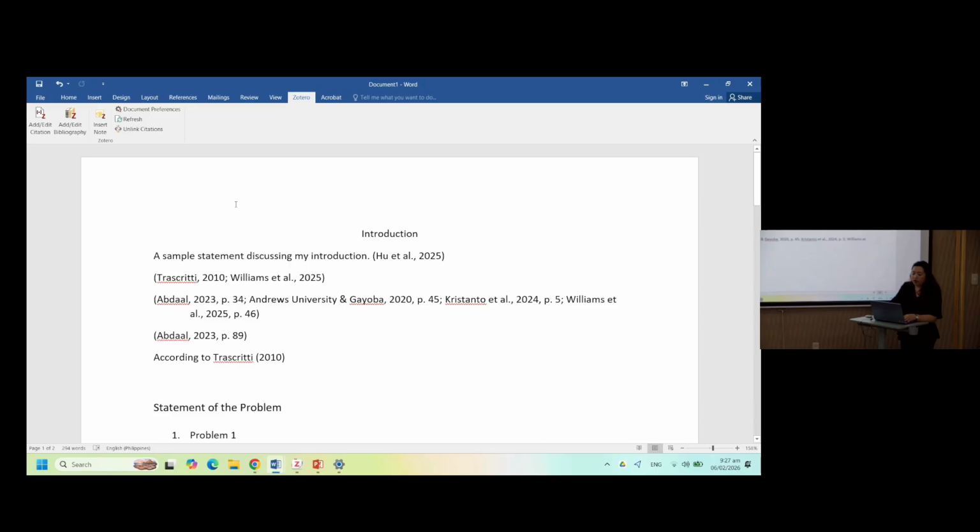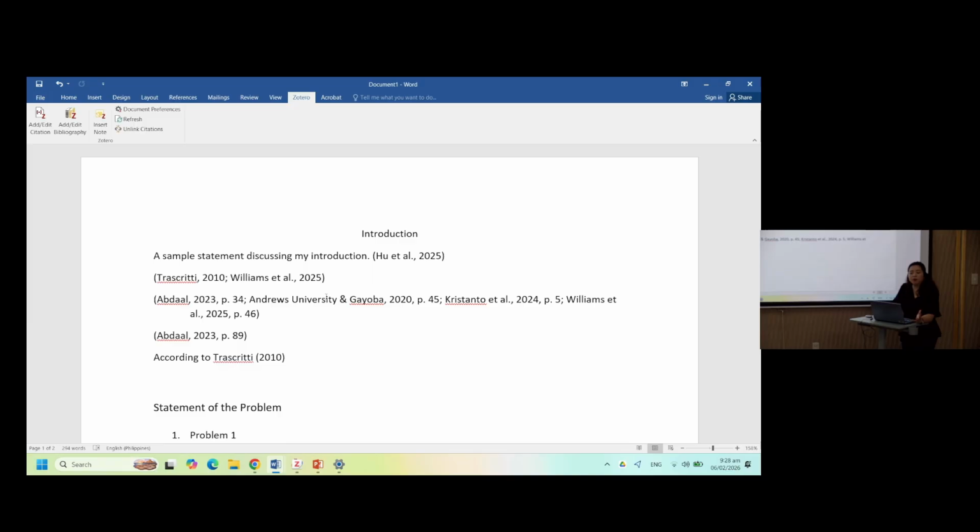So if you're already writing your paper, please do start using Zotero. And for those who have just started their coursework, it's a good time to practice Zotero while you're not writing. So when you are writing, you already know your flow, you already know how to use Zotero and incorporate it with your writing process. I'm showing you how to use Zotero in a way that you don't really need to follow in that order.